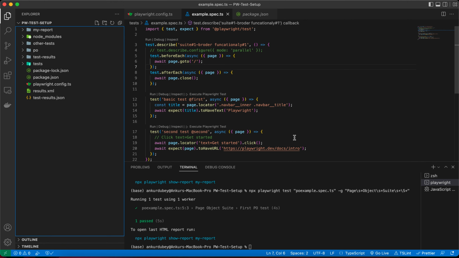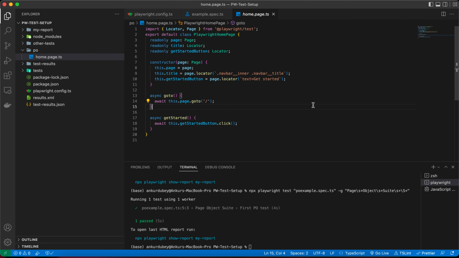Page object syntaxes for the Playwright test. So now we start building the framework. So now we create a page object directory. So this is the page object directory, and inside this I have created one home page ts file where I'm